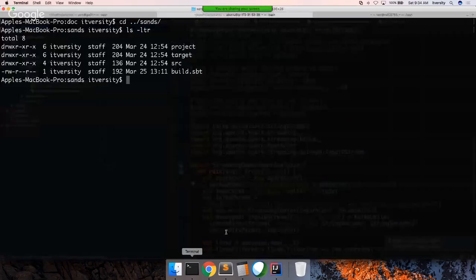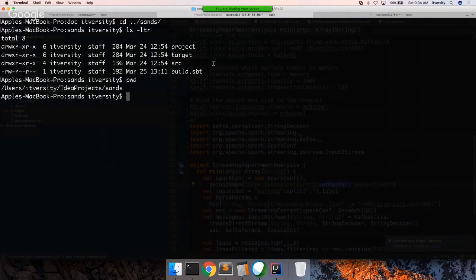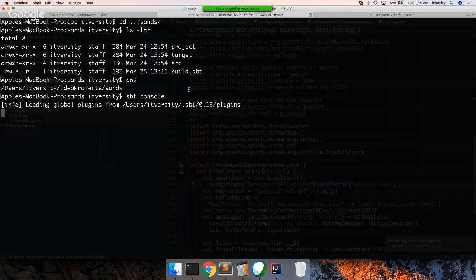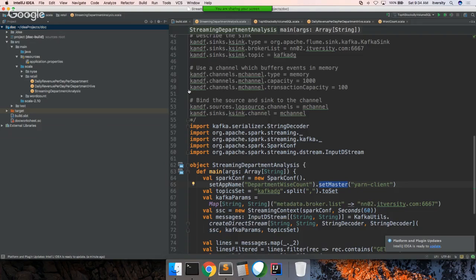So make sure you are in the right location. You have to be in the base directory of your project, which is SNDS in this case. So this is the base directory, and if you run ls -lpr, you should see build.sbt and the src directory in that. And then you can run sbt console, which will launch Scala with all the dependencies resolved. So you will have access to all our Spark APIs, because in build.sbt,